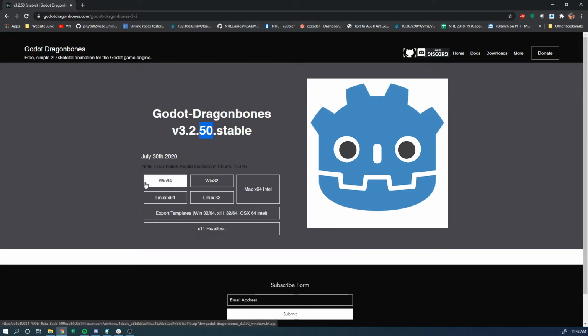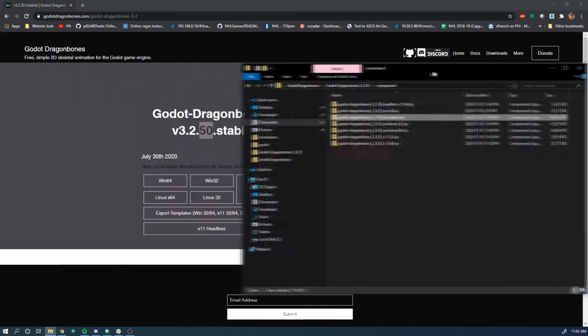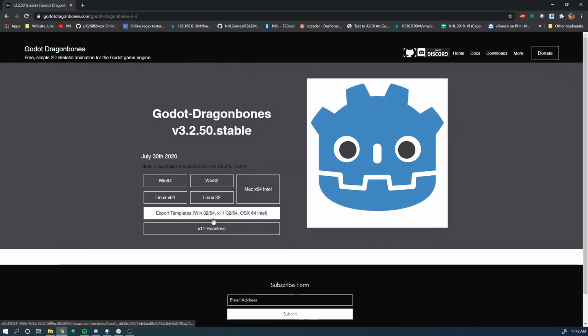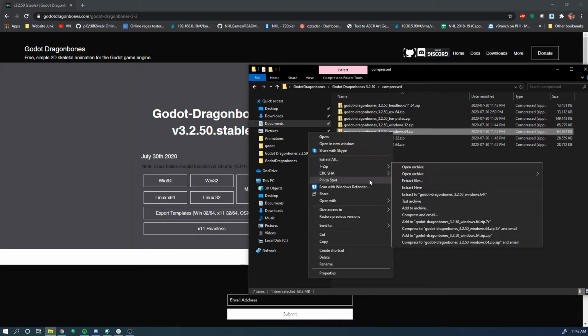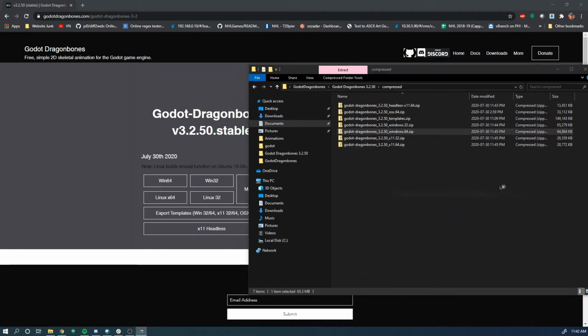So you'll click this Windows 64. You'll get a download. I already have it here, and you'll also want to get these export templates here. So you'll get a file. You'll get this Godot Dragonbones 3.25 file plus whatever binary you had for your system. So here I have the Windows 32. You'll extract your Windows 32